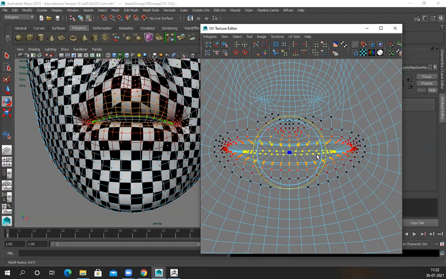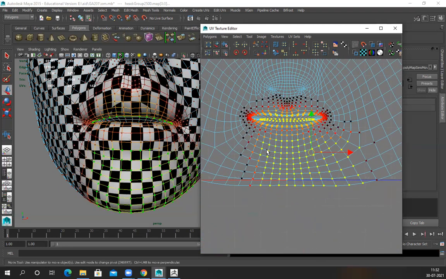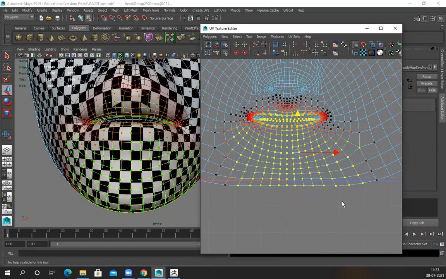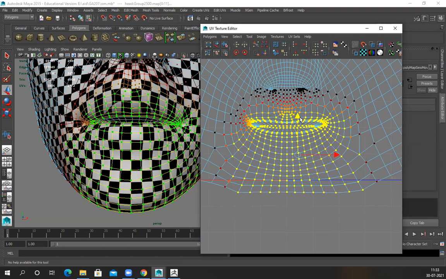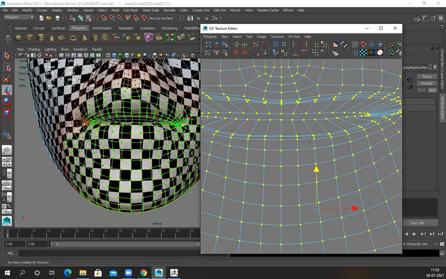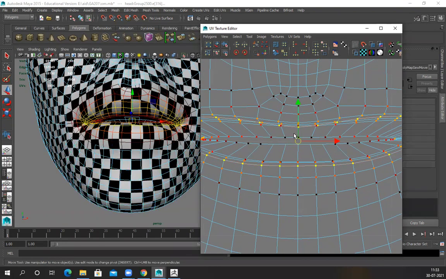Slightly increase. And if I want, I can select this also, because due to some strange reason, symmetry is not working properly. I'll push slightly down. I believe something I missed here. Slightly down so that this area doesn't stretch. Then now one by one, except this loop, I have to fix,